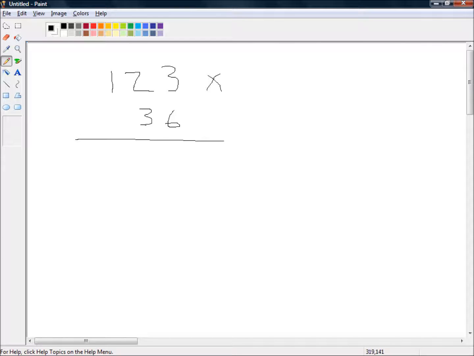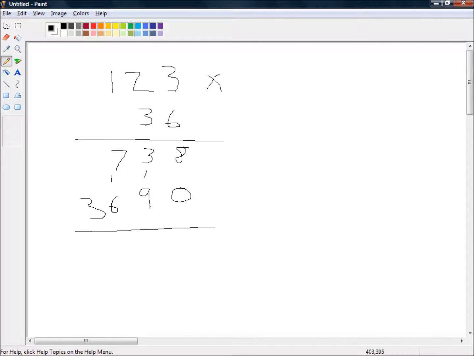So all we're doing, 6 times 3 is 18, so we write down the 8 and carry the 1. 6 times 2 is 12, add the 1 is 13, so we write down the 3, carry the 1. 6 times 1 is 6, plus 1 is 7, and then we put a 0 in the units column. 3 times 3 is 9, there's nothing to carry. 3 times 2 is 6, there's nothing to carry. 3 times 1 is 3,